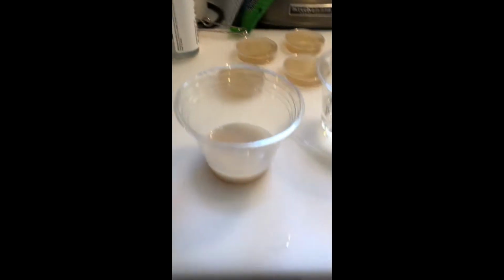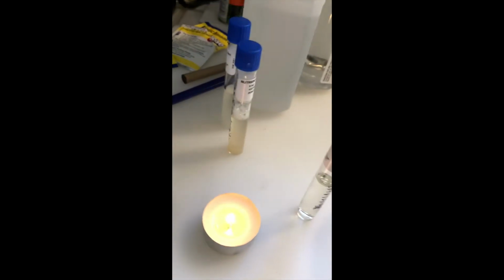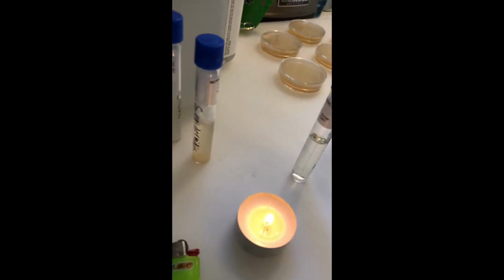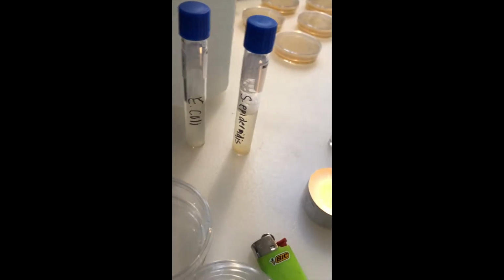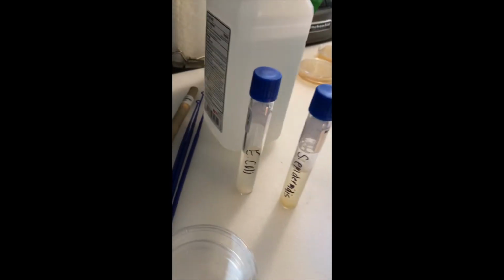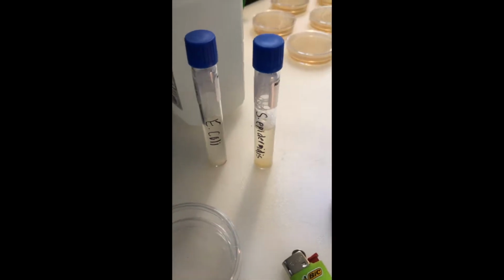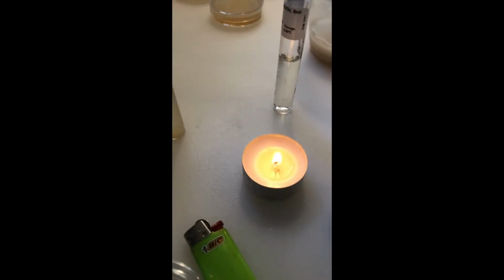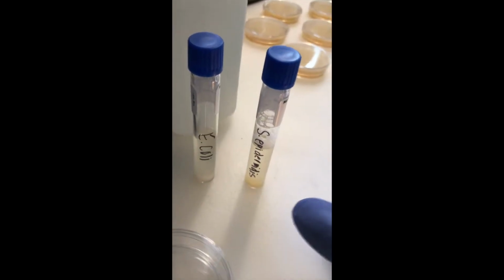So as I am waiting for the yeast to froth, I already began the aseptic technique experiment by placing E. coli culture into a nutrient broth, as well as Staphylococcus epidermidis. And how I did that was remove the lids of both tubes. We put the lids through the flame to sterilize them, and then I had to take 0.25 milliliter of the